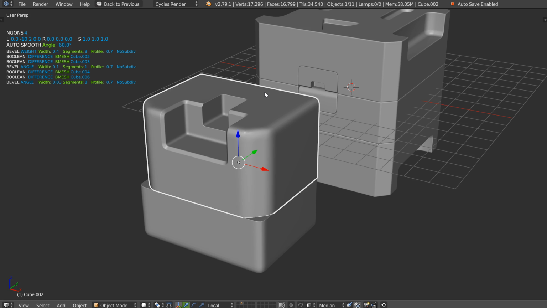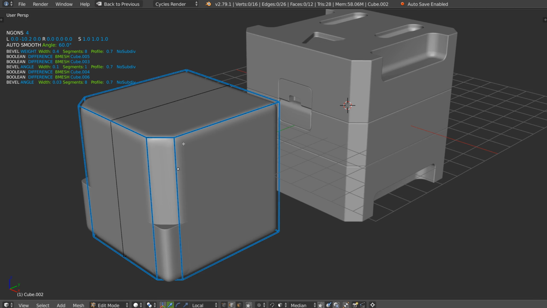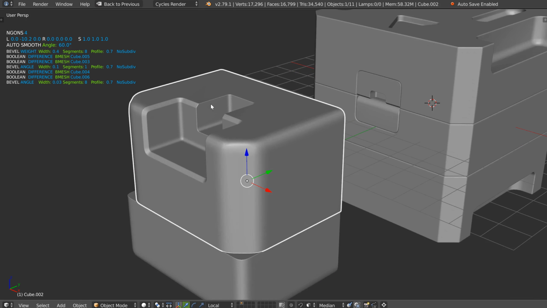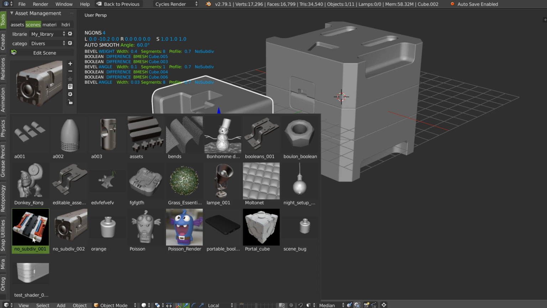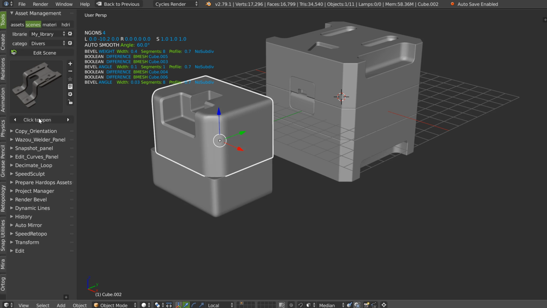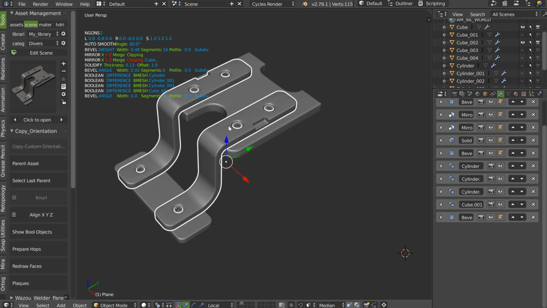This kind of asset for games, with a lot of details, this kind of asset with a non-destructive workflow, this kind of character, this kind of asset, also this kind of asset.